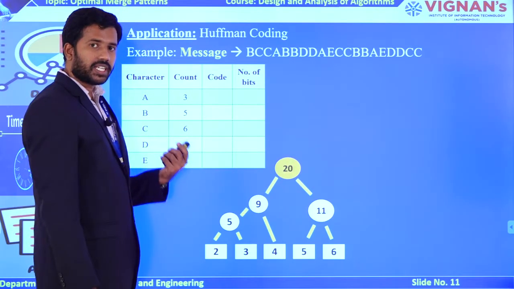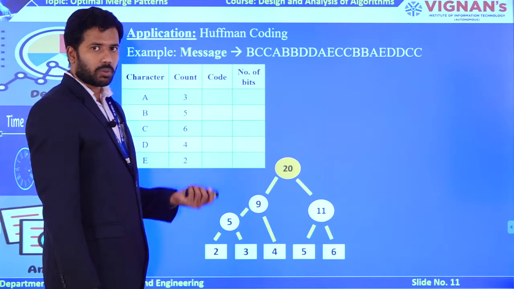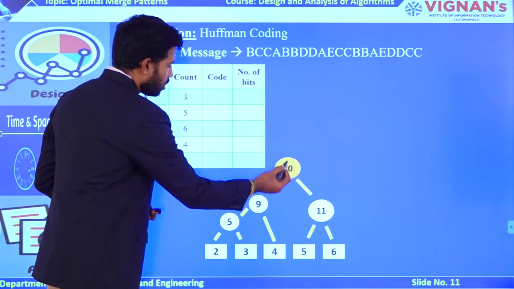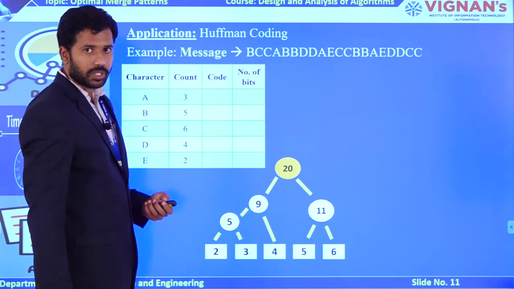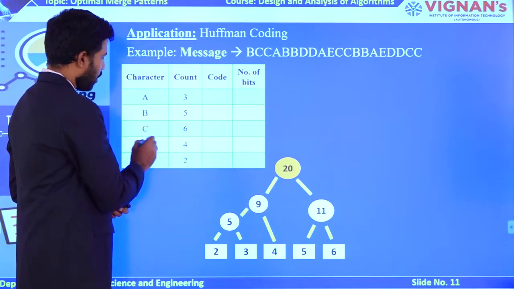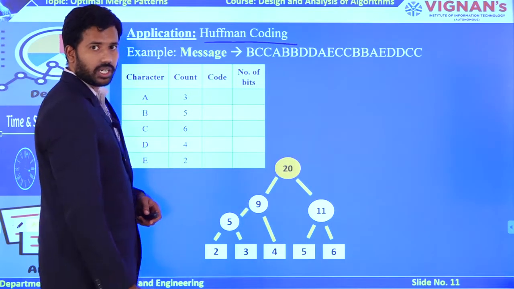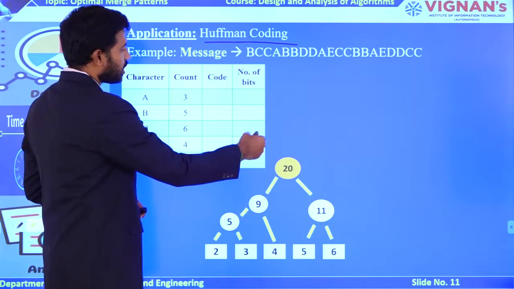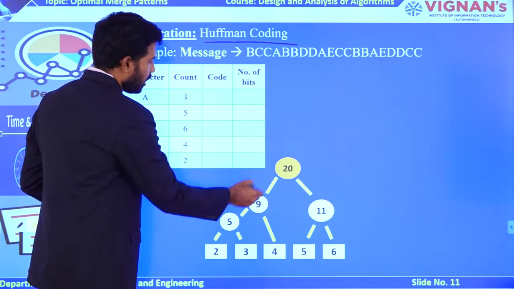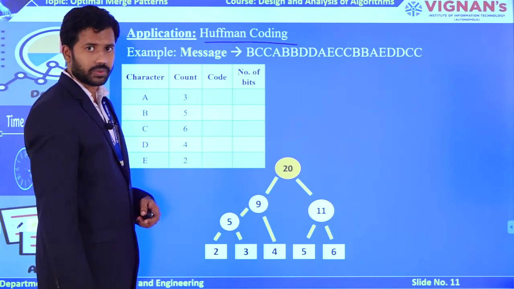Now, after constructing the binary tree with the help of optimal merge patterns as well as the greedy technique, try to observe how this binary tree representation will be helpful to fill these codes for your corresponding characters. What Huffman coding is telling is, after constructing a binary tree representation, you label all the left subtree edges with zeros and all the right subtree edges as ones.